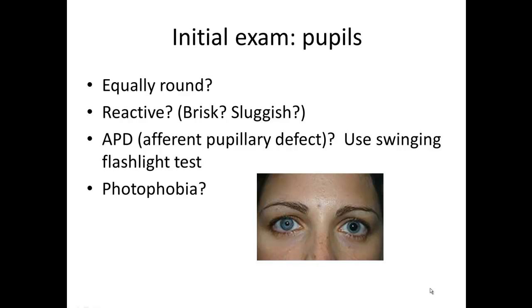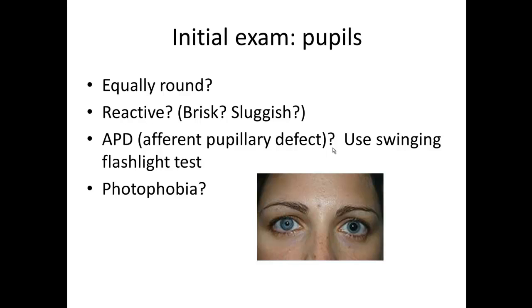Okay, so pupils, are they equally round? Are they reactive? If they are reactive, is it brisk? Is it sluggish? Is there an afferent pupillary defect? And APDs are a whole other topic unto themselves,